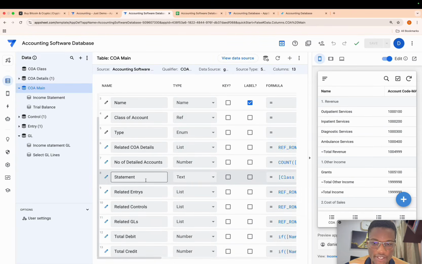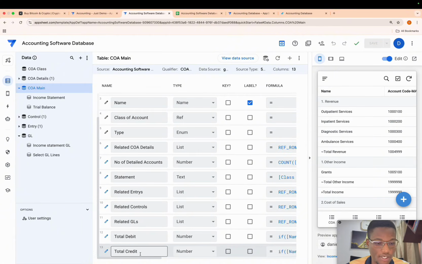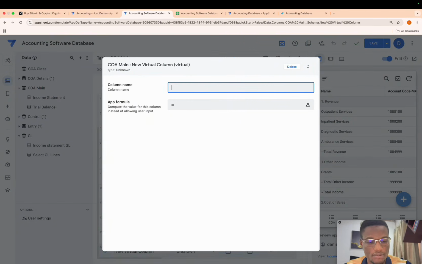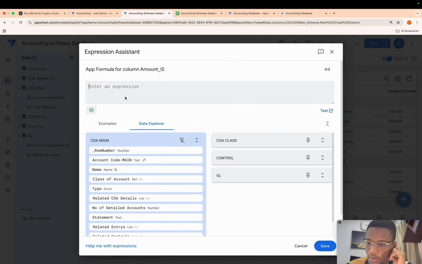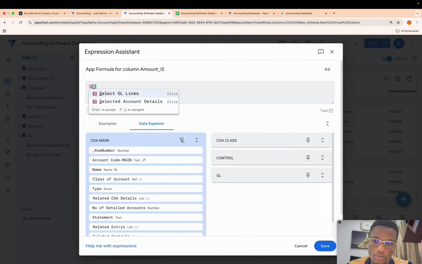Okay. So right here we have everything. We have total debit, total credit. This is being used by the trial balance. So we are now going to calculate the income statement amount, or the amount, which is going to be used by both income statement and balance sheet. But let's just create amount. So I'm going to say amount income statement. Okay. And then this is basically going to come from, so sum